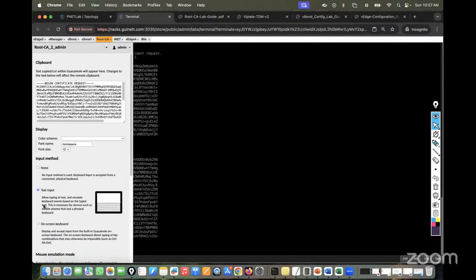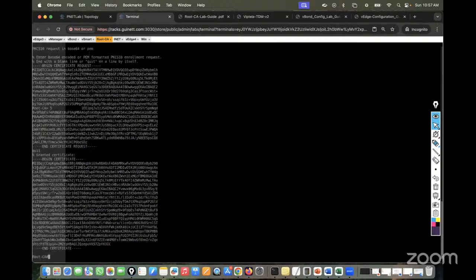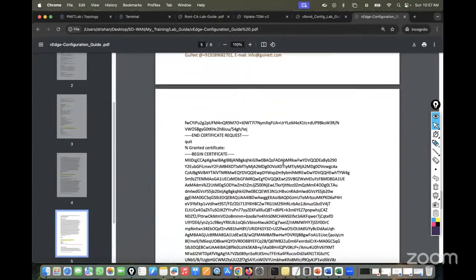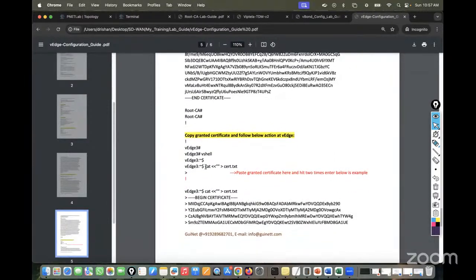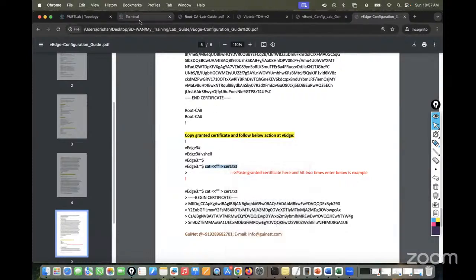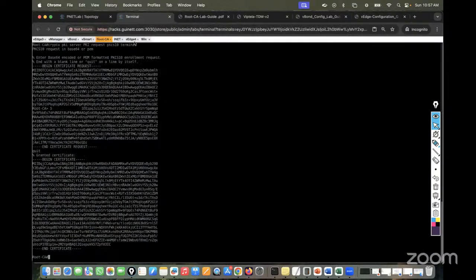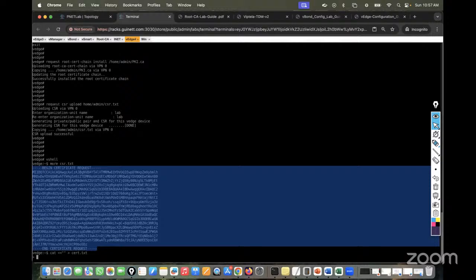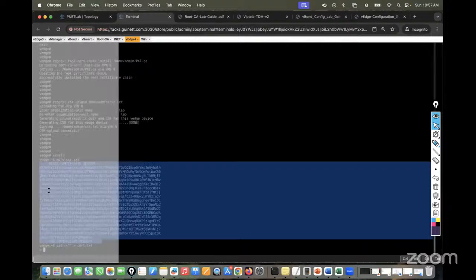So once I have the granted certificate, I need to paste this certificate in my VH4. So how can I paste? Again, I use the same command, the cat, and this is the special signs. This is a Linux sign to just copy. So you just put this certificate name, and I will just go here, paste, and again I use Control-Shift-Alt, and